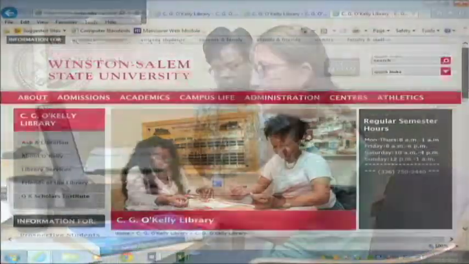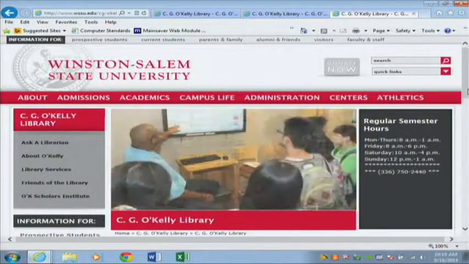You can find it at the circulation desk. You can find it in reference. You can also find it in stacks. So there are many copies of this book here within the library. But if you're at home and you do not have the book in front of you, and you need some information on what to put within your research paper, from the library's homepage,